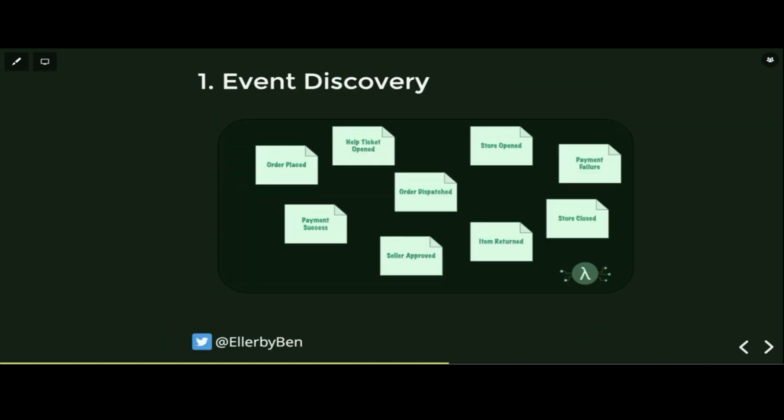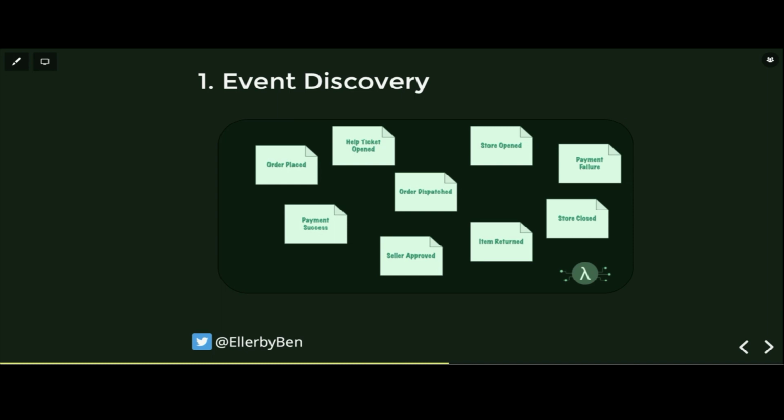So the first step is event discovery. And as I mentioned, event storming in the first part of this EventBridge storming is an in-person whiteboard exercise with loads of post-its. Now, obviously, in-person isn't always possible, especially these days, but there are online tools like Miro, Retro, and others that make it very easy to share a virtual whiteboard space. The key to the event discovery is that we have people from the technical side, but also people from the business side and subject matter experts to help us elaborate all the different events in business terms. Now, these events should focus on the verbs, so the doing words, and should also be in the past tense.